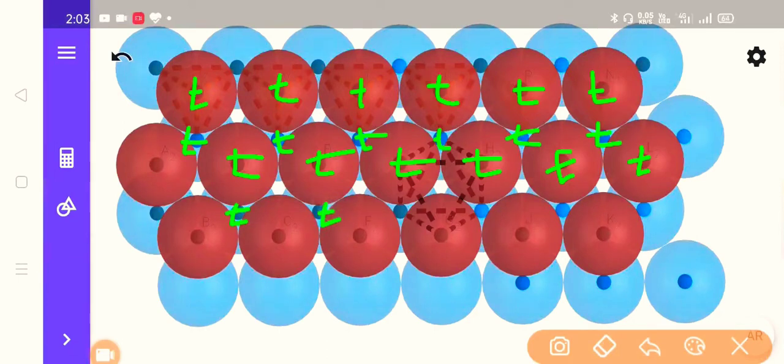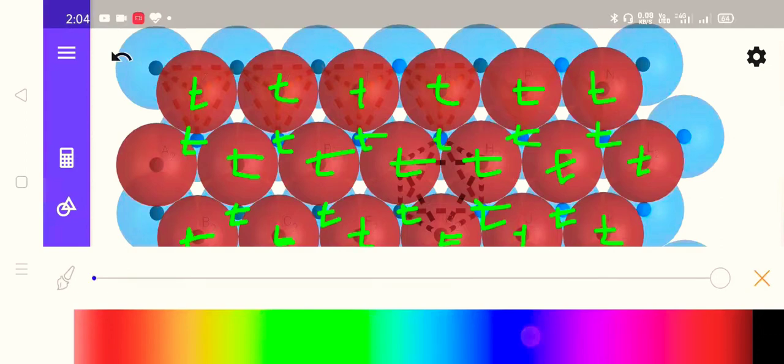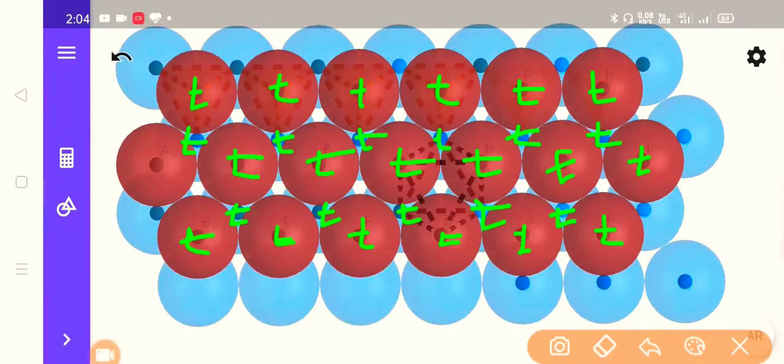Similar situation will be repeated here. So these are the tetrahedral voids series. Okay, all of them represent tetrahedral voids. In some cases, 3 spheres from the bottom layer and 1 from the top layer will contribute. In some cases, vice versa, that means 1 from the bottom and 3 from the top will be contributing in a tetrahedral void.